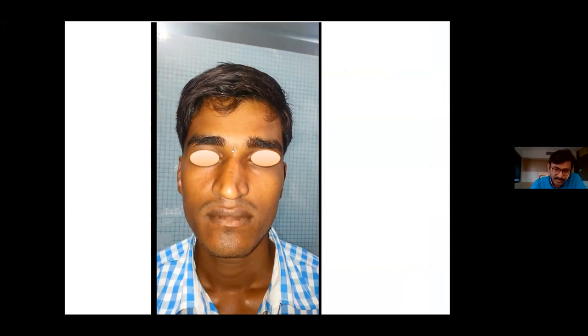So as you can see here, on the right hand side, it looks all right, but there is a very prominent notching on the left hand side, and this is giving rise to the weakness of the lateral wall. Now you can see here, this lateral crus over here is directed towards the lateral canthus, and as opposed to that, the lateral crus over here is directed towards the medial canthus. So this is a malpositioning.